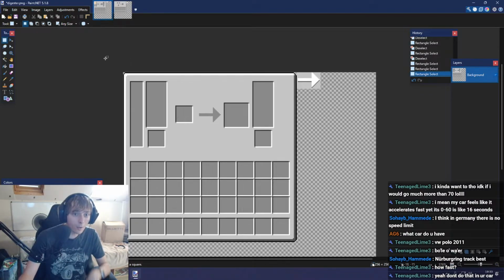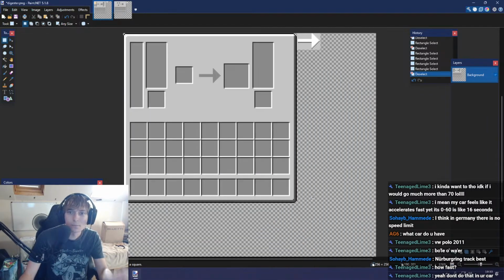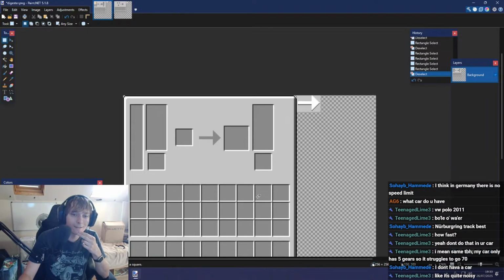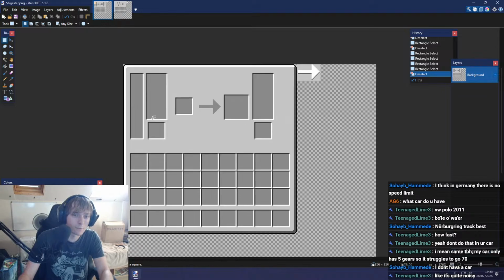I mean, my car comfortably gets to 60, but it just doesn't go above 60 unless I really push it. I can have my foot on the floor and it will just slowly climb beyond 60. It's quite sad. But anyways,